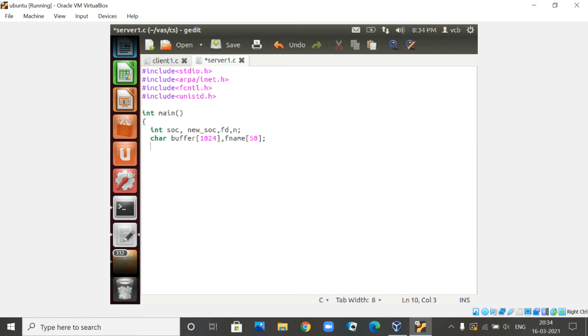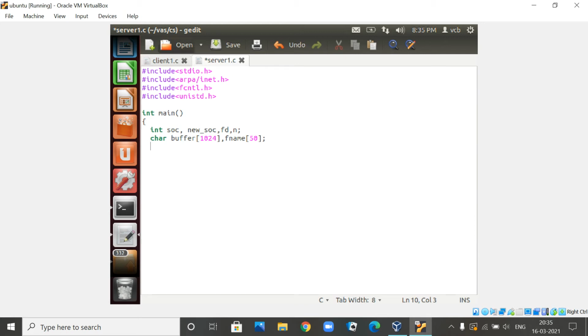The client sends a file name, and the server first has to open that file, then read the content in the file and send that content back to the client. That is why here also we are taking the file name.